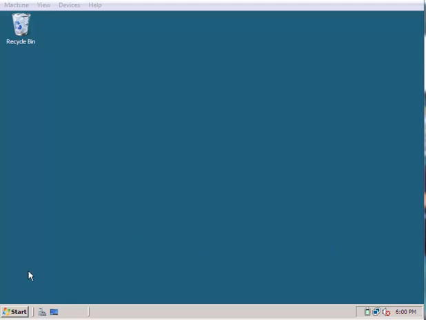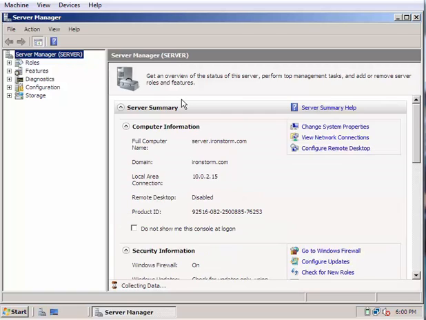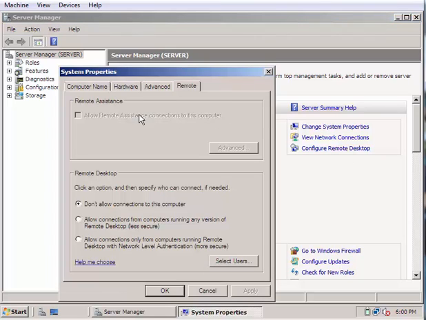So now let's go to Server Manager. As you can see, the Server Manager is giving you the server summary, and we are on the ironstorm.com domain, and you can see here the remote desktop is disabled. So we want to click on the configure remote desktop link right here, and the properties pops up with the